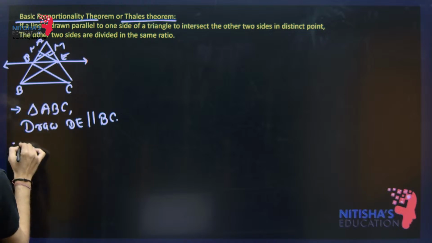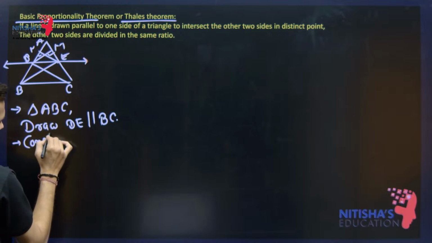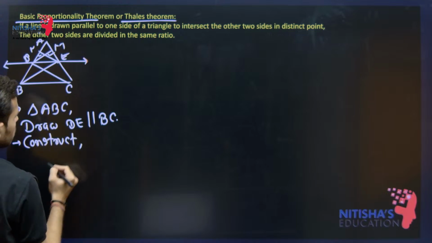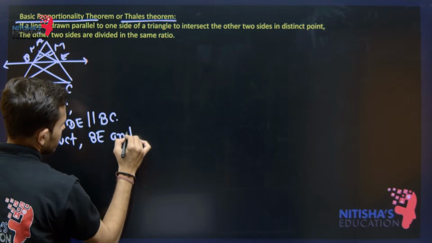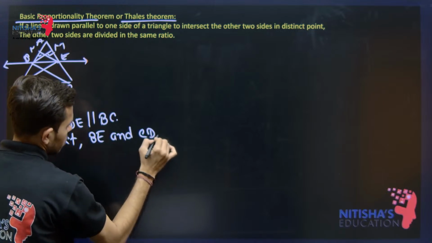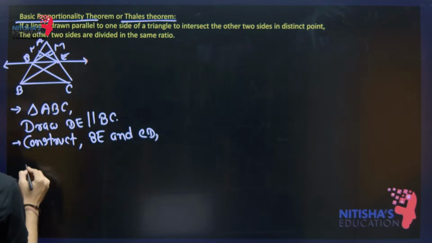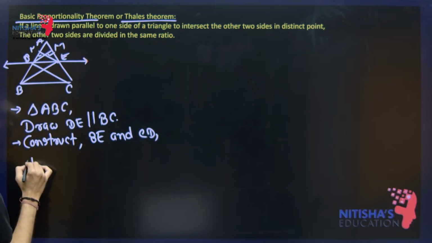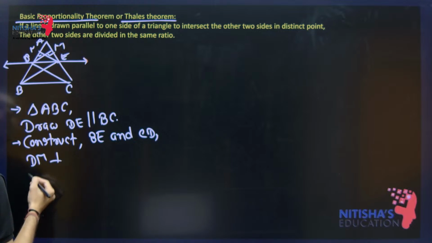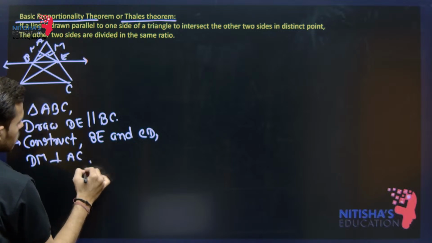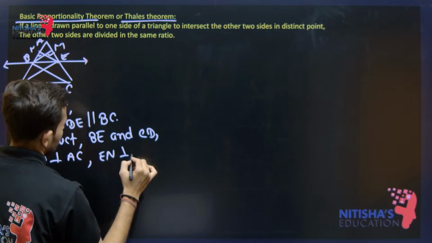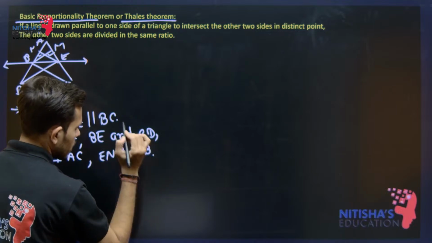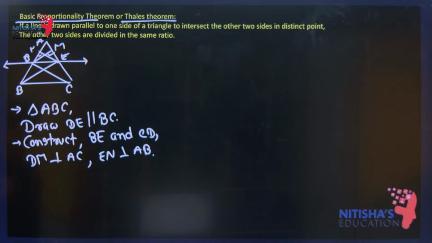Now construct BE and CD, as well as DM which is perpendicular to AC and EN which is perpendicular to AB. So this is the construction that we have done. Okay, now